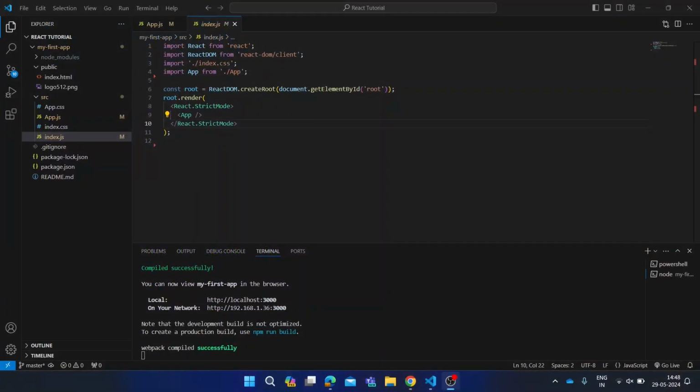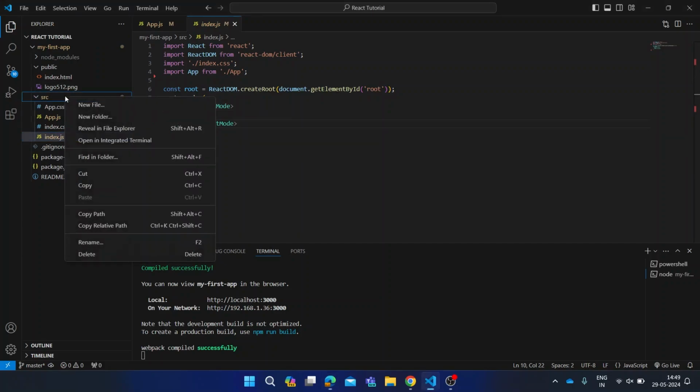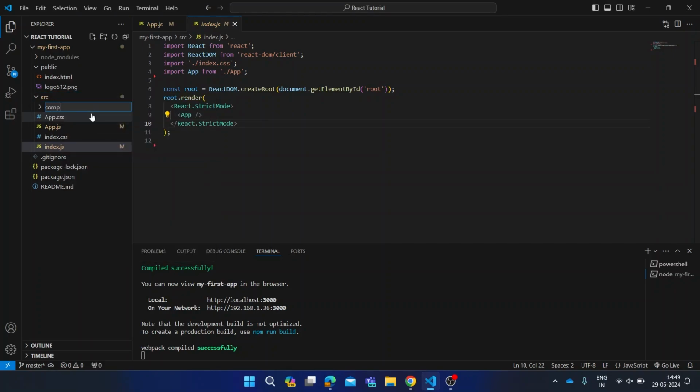For the hands-on session on creating nested components in React, we'll start with a simple example of creating basic nested components and then move on to a more complex structure. Finally, we'll see how to pass data between nested components using props. Let's start by creating a simple application with a header, footer, and a content area. We'll structure this application using nested components to keep our code organized and modular.